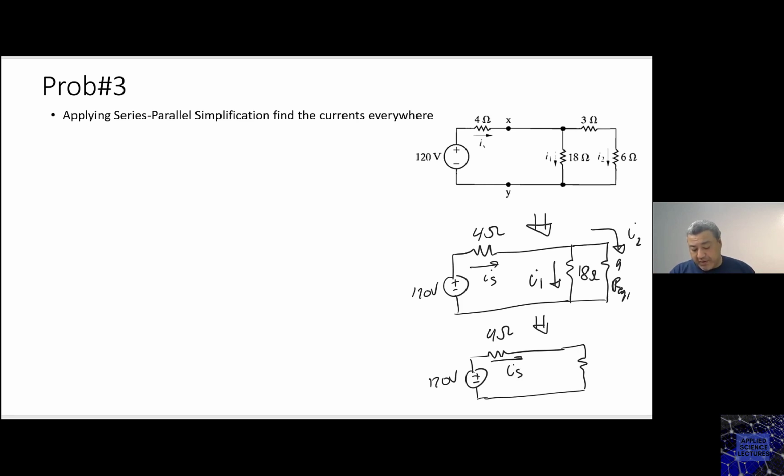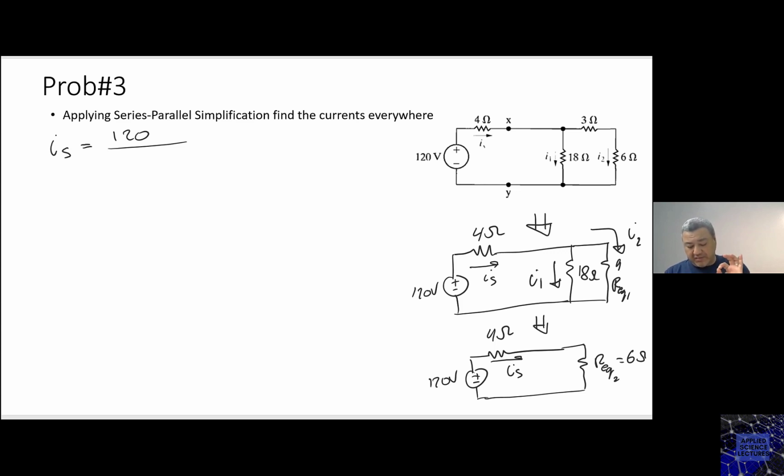And now this is going to be our equivalent, where I have 9 and 18 in parallel with a total resistance now of 6 ohm. Now I can find the current IS. Now IS becomes 120 divided by the total resistance. This 120 is across, again,